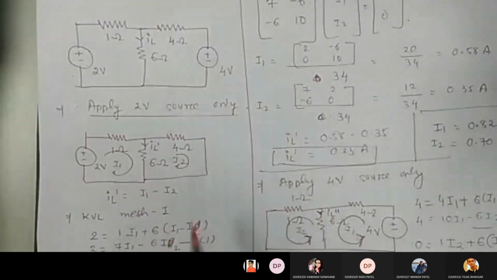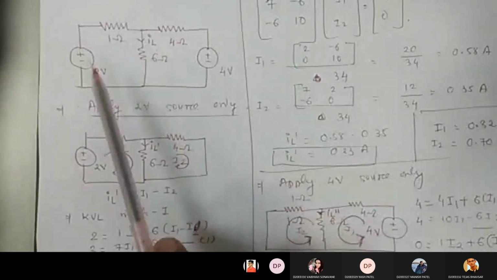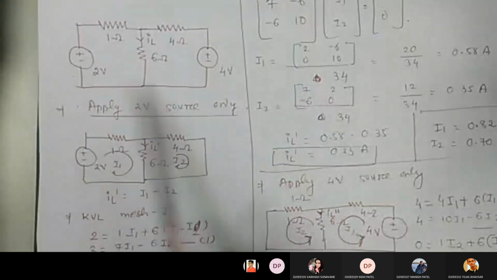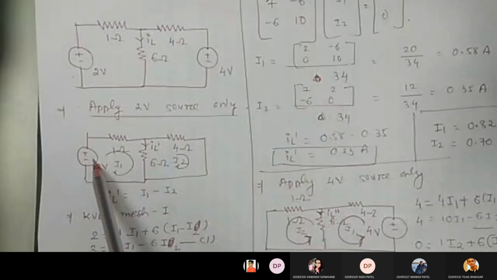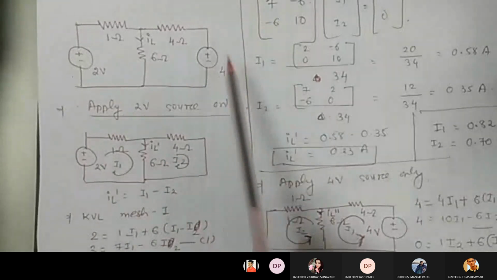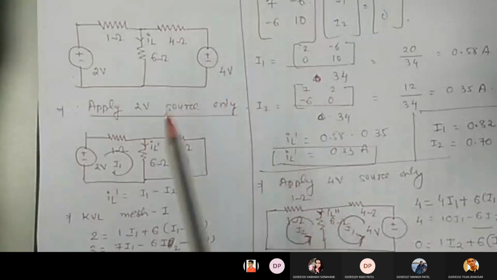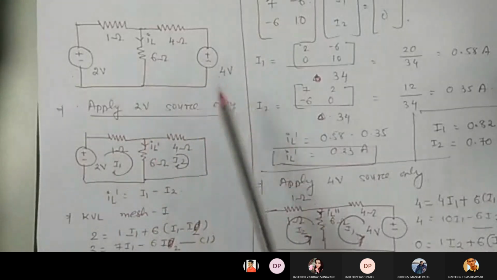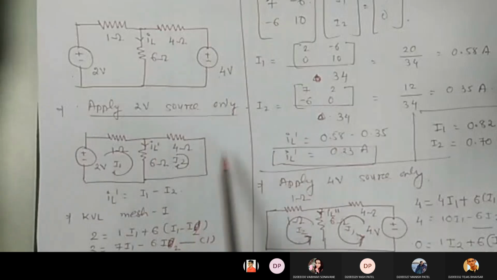Based on this example we have calculated the value using the superposition theorem. So this was our circuit. We want to find out IL. There are two energy sources, 2 volt and 4 volt, and I will apply each source at a time. 2 volt we have applied, and 4 volt we have short circuited. While taking one source at a time, we have to remember: if there is a voltage source we have to short it, and if there is a current source we have to open circuit it. So IL dash is equal to I1 minus I2.